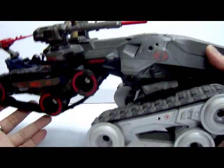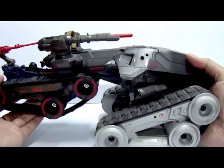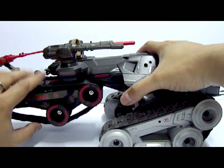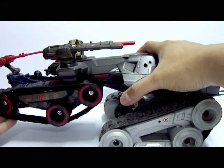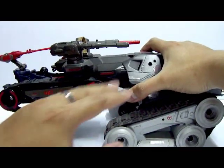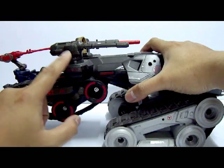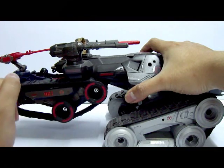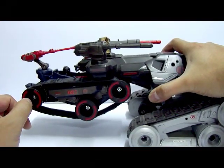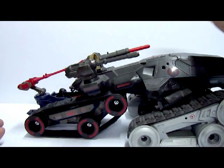Problem is that the rear end of this piece here is so tall, and the back portion is quite back heavy. If I let go, it's just gonna flop. So I'm just trying to hold it like so. This is a straight elevation here, and this vehicle is already attached onto the back portion of the H.I.S.S tank version 5. You can see it's just hanging on the top like so, and if I let go,